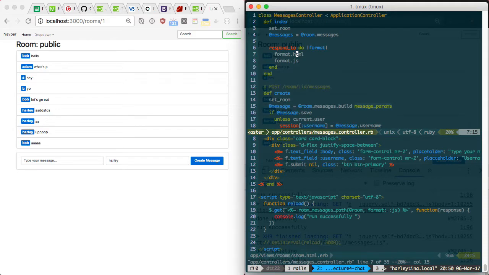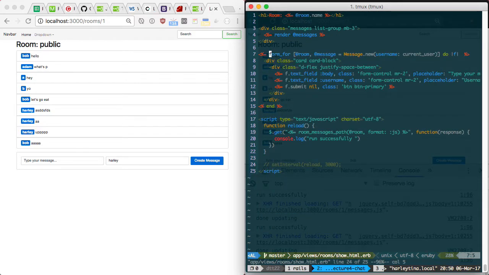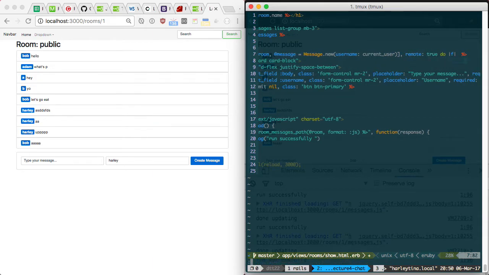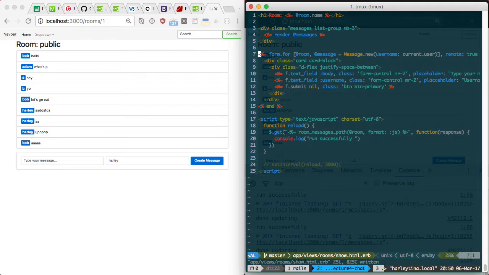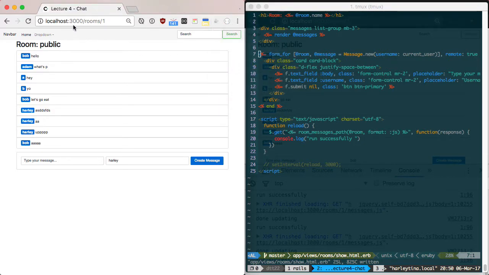So if I go to the form, where's the form? Room messages form, right? Show here. This form, what if I add remote true at the end? What do you think will happen? Look at this page, right? Alright, let's make it look a little bigger. Look at it. Now if you click this,